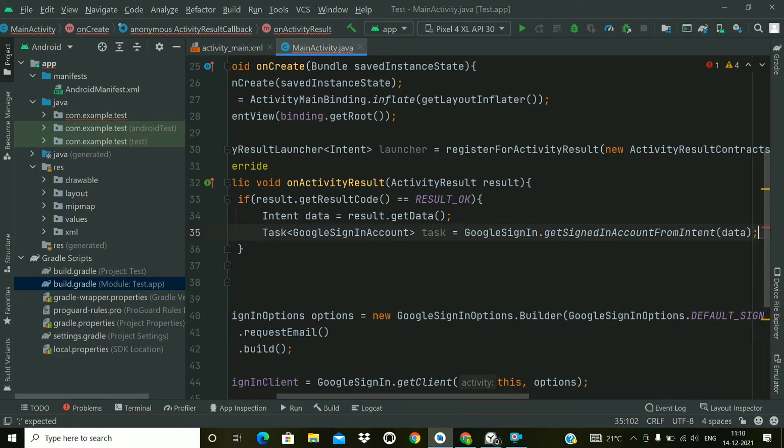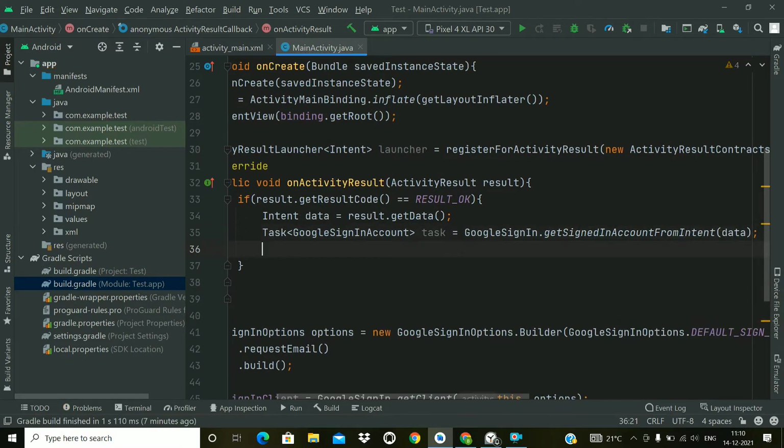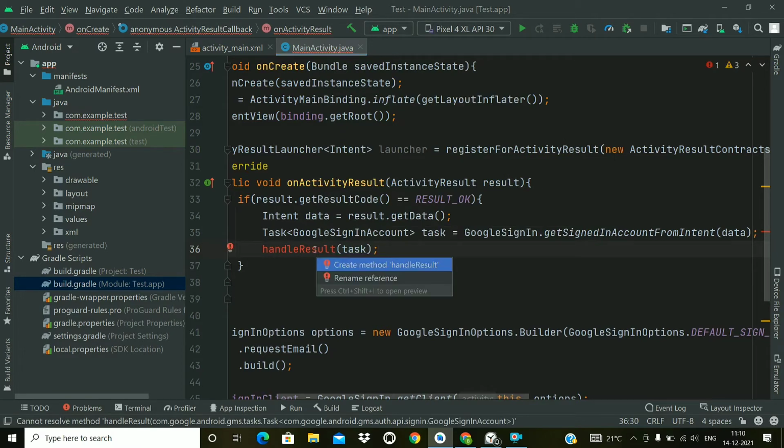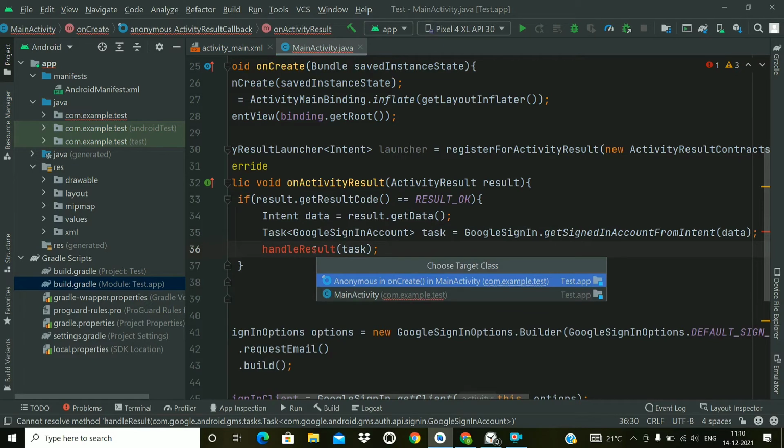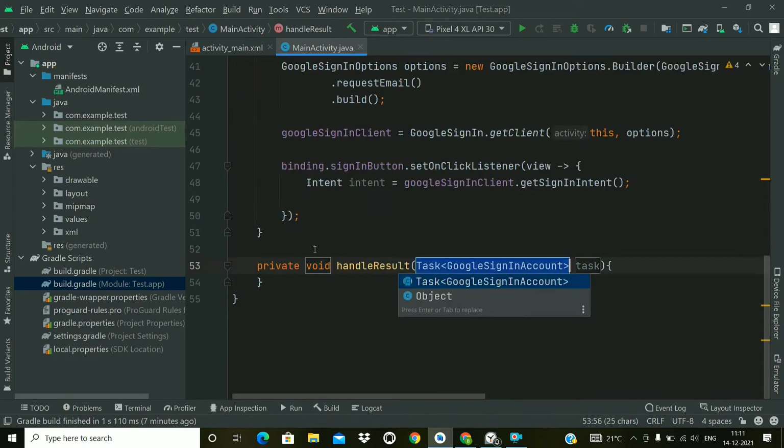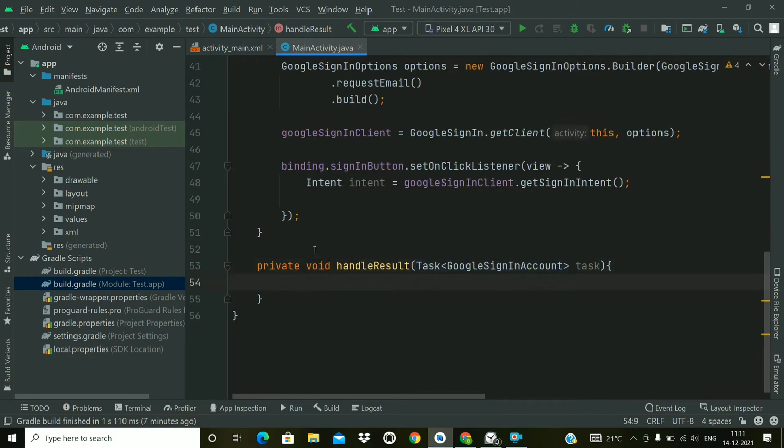So this method will return a task of the type Google Sign-in account, and to handle this task we will create a method handle result and pass the task here. Now press Alt Enter and choose the create method, and create method in main activity. So the method is here.